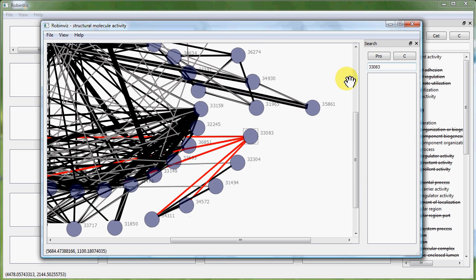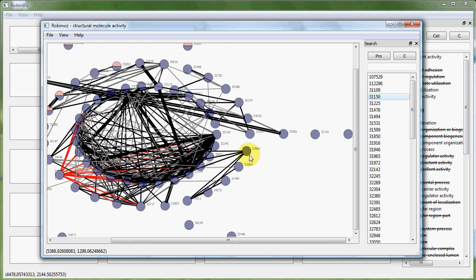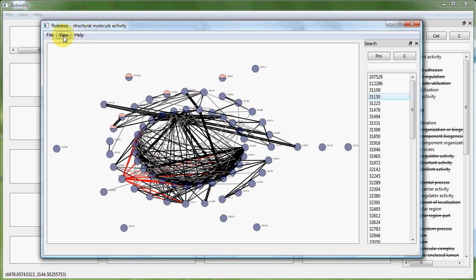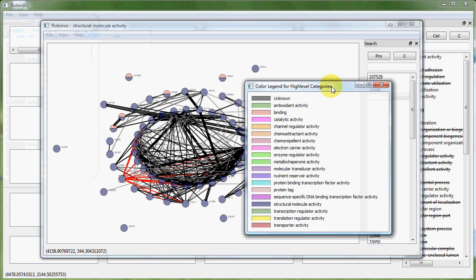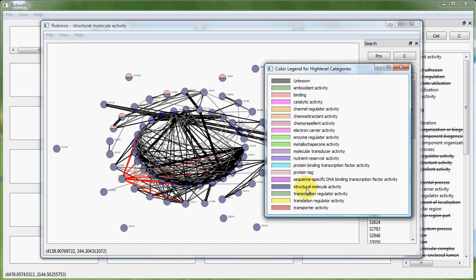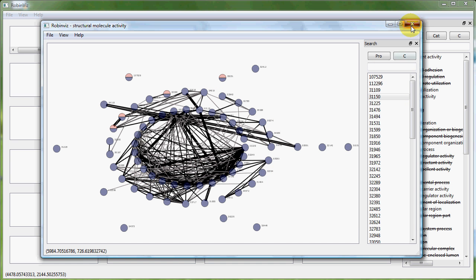As you can see, we have a legend here and a view menu to see what the colors mean. For example, structural molecular activity corresponds to this color, and binding corresponds to this other color. I close this window,